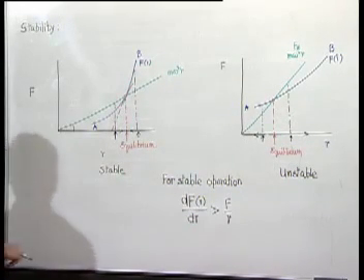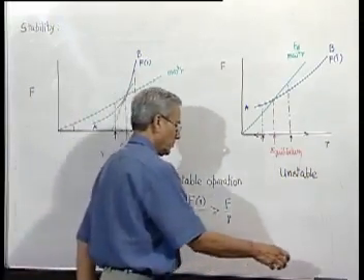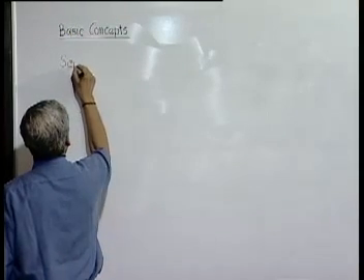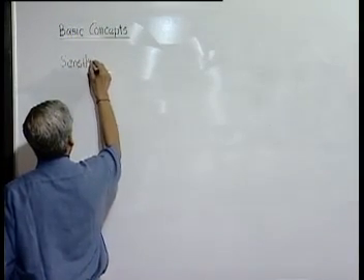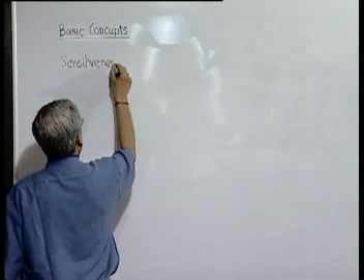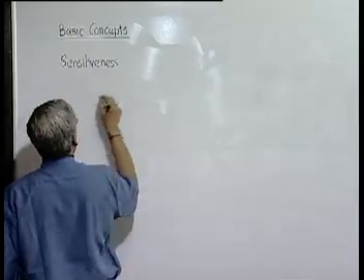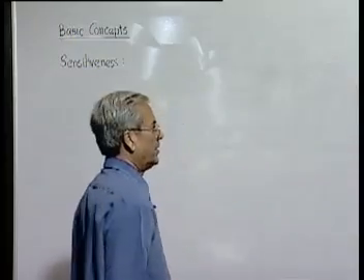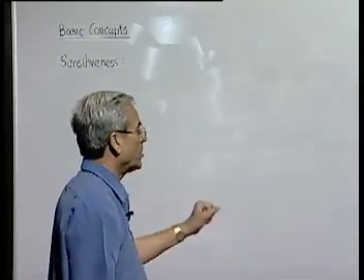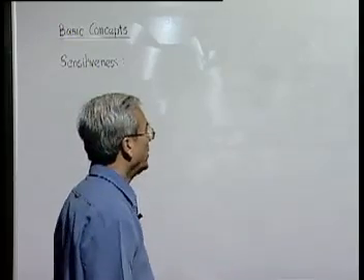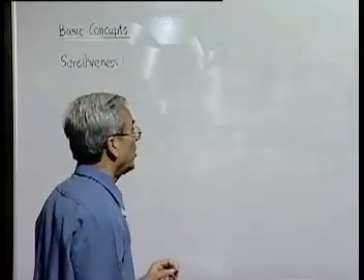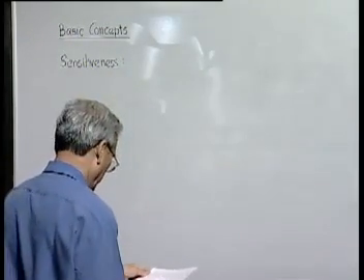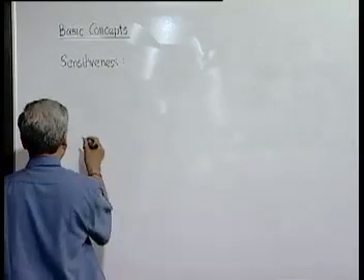There is another quantity which we should now look into, which is called the sensitivity, which indicates how sensitive a governor is to any change. It can be very insensitive, you have to provide lots of changes, then only it will respond, or it can be very sensitive, so that the slightest disturbance or slightest change in the situation can be sensed by the governor. So if a governor operates between